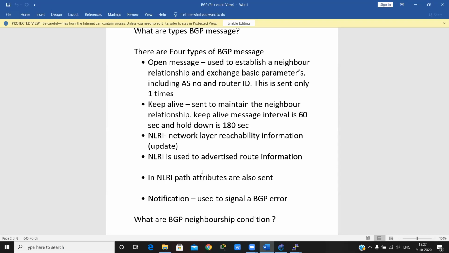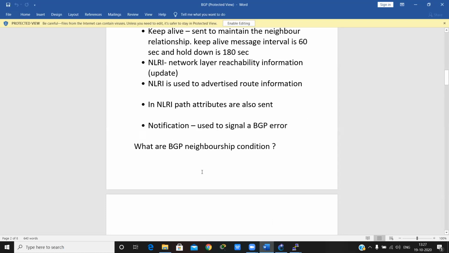NLRI, network layer reachability information, is also known as the update packet. NLRI is used to advertise route information, and path attributes are also set. The notification message is used to signal a BGP error.